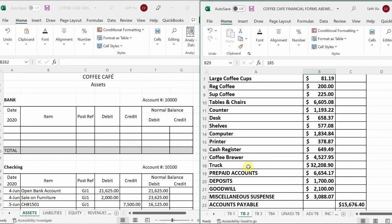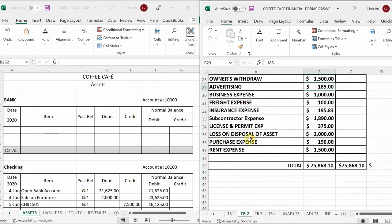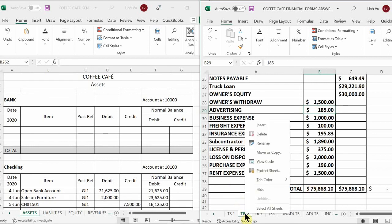It may lose something in translation. It might not go through and copy everything correctly. So the best way to do this is to actually make a copy of the spreadsheet, okay? Now, how do I do that? Well, this is straightforward. I'm clicking on trial balance number 3 right now. This is everything right. All the formulas are intact. We're at $75,868.10. Everything's intact, right? Now, I'm going to make an exact copy of this exact spreadsheet by right-clicking on this